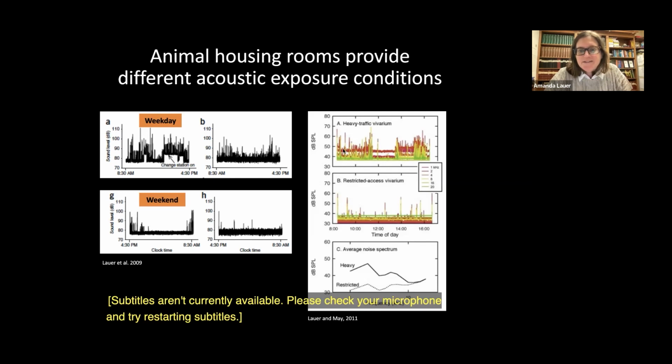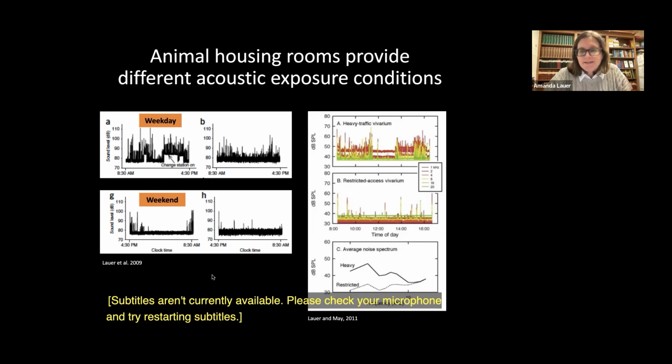If you look at the noise in the frequency regions where the mice can hear, it's more on the low end of their hearing, not so much in the ultrasonic range, but you can see quite a lot of variable noise happening during the day. So this is like the mouse's workday, right? The mouse going to lunch, really it's the people going to lunch, but this is the type of exposure it's mimicking. And in a room where there are not very many investigators housing mice, there's not a lot of equipment, and there are no individually ventilated caging systems, you get much less of this noise throughout the day.